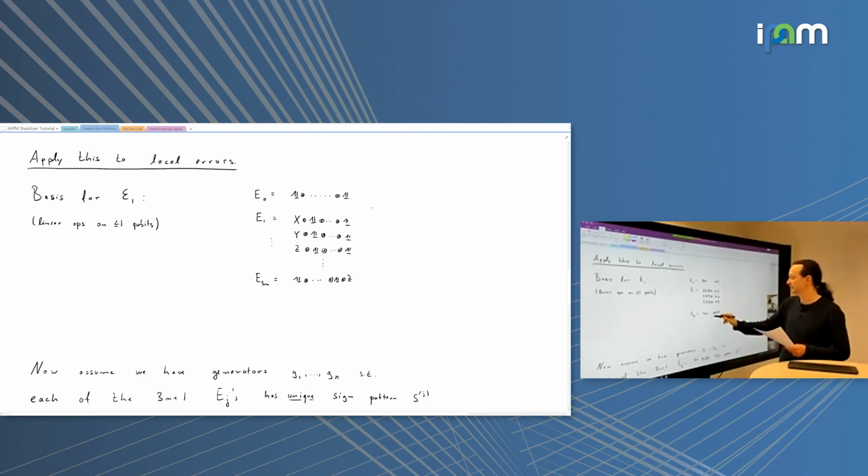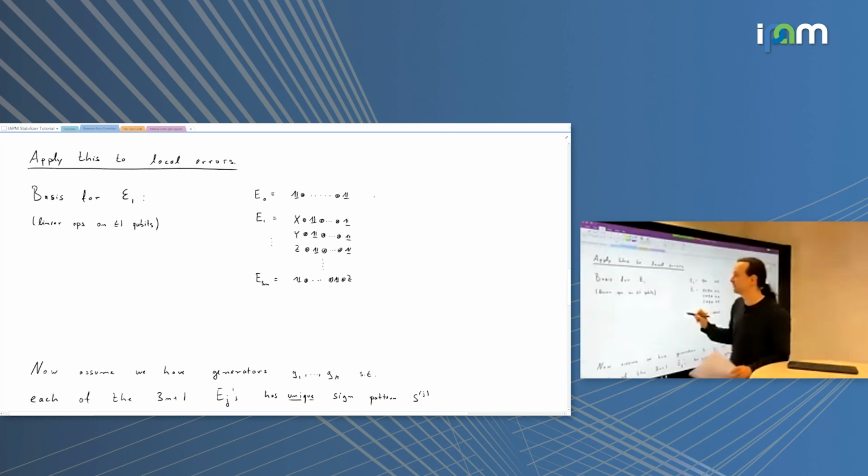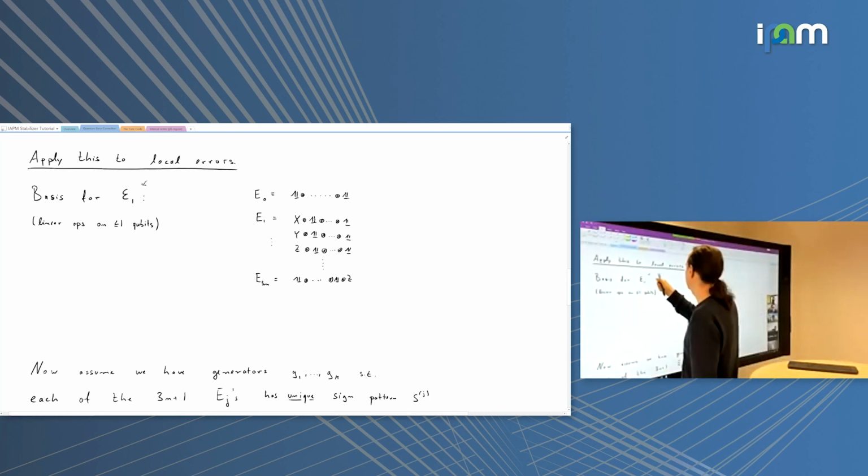And so then I need all the Paulis that just act on the second qubit and so on. And so I get in total 3n non-trivial ones because it's n qubits and I have 3 choices, X, Y, or Z for each one. And then I get the identity on top of it. So these form a basis of the space E1. And fortunately, this basis falls within our group theoretical framework, so we can use our group language to analyze errors.